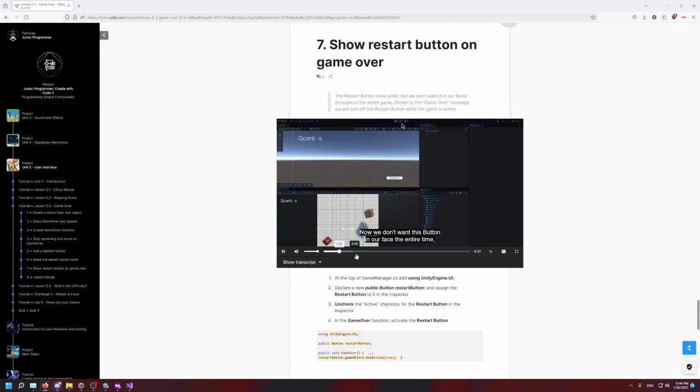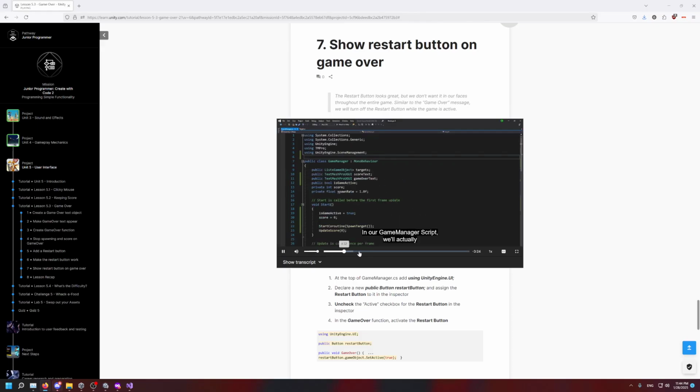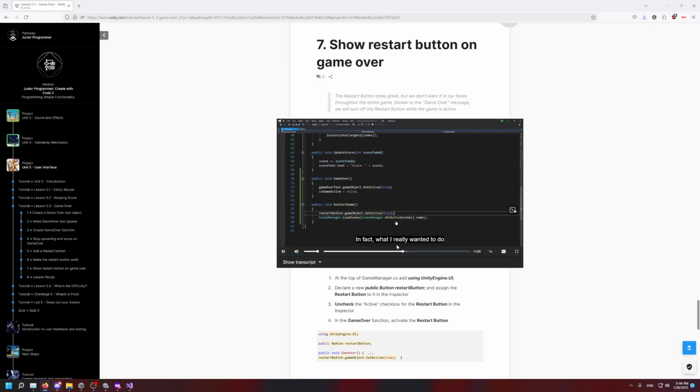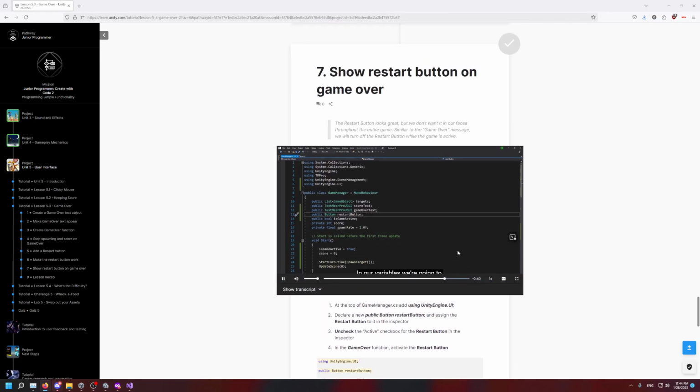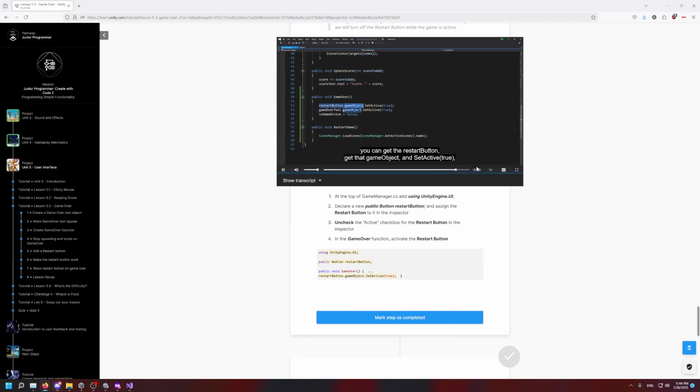We can add this button going in game manager restart. In fact, X's and skull when in our variables, we're going to get that game object and